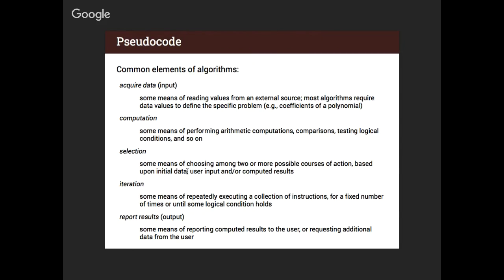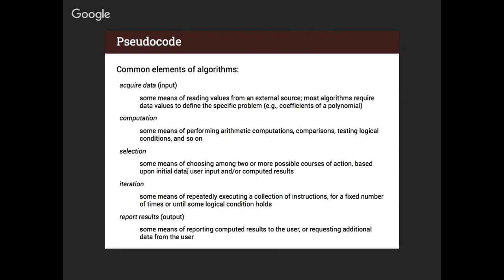I can do some kind of computation, like fill one jar with as much of the contents of the different jars as you can. So that's a kind of computation. I'm changing the state of things. I can do selection. In this context, selection means making a choice. I can say something like, if this jar is less than half full, or it contains 1 liter, then do the following step. But if that is not true, do something else. So I can make these choices.